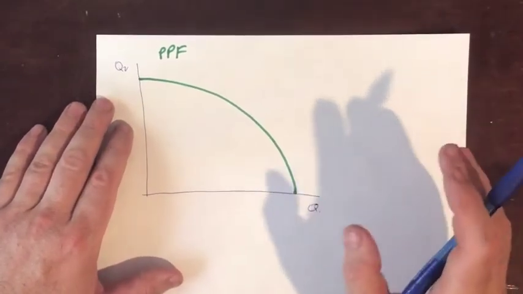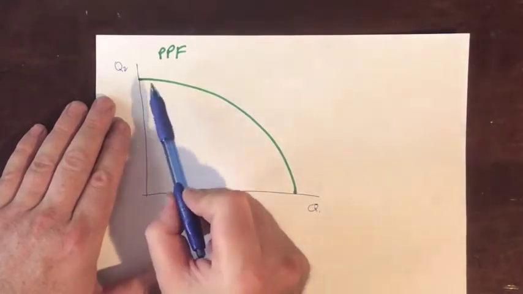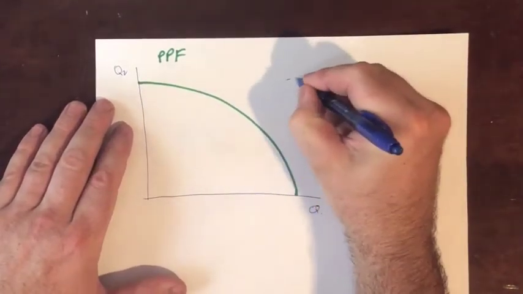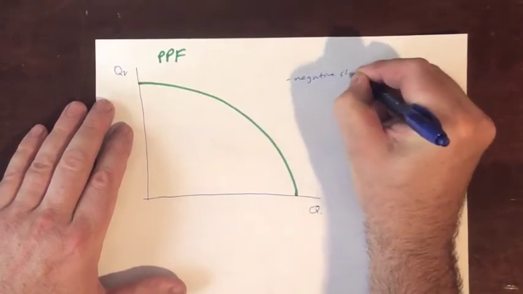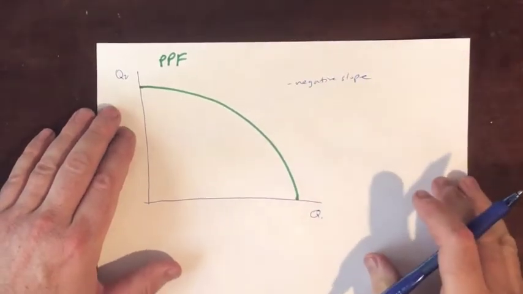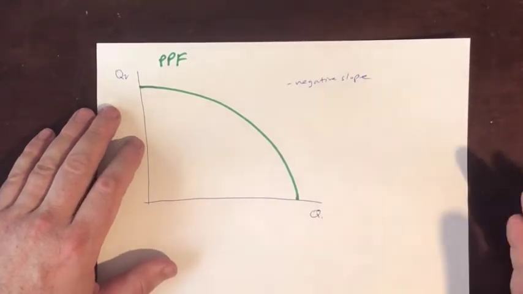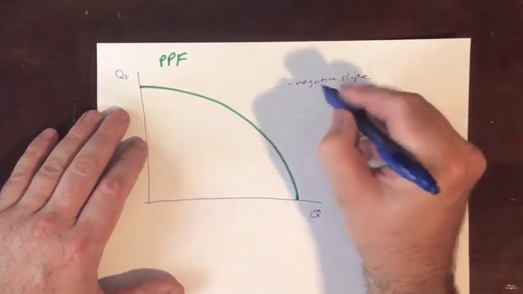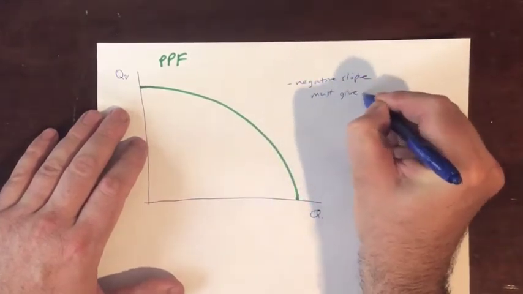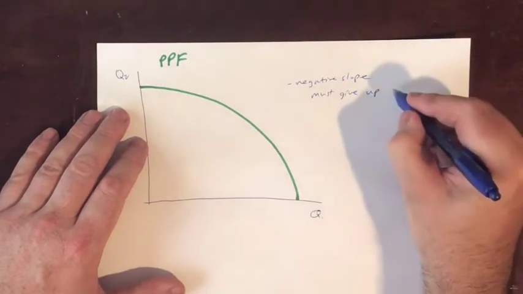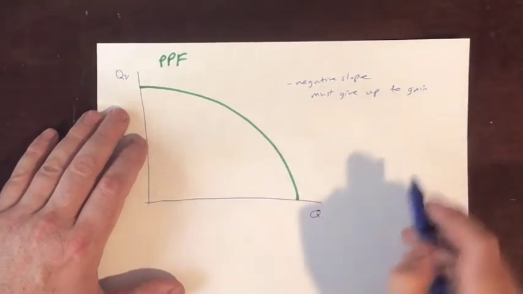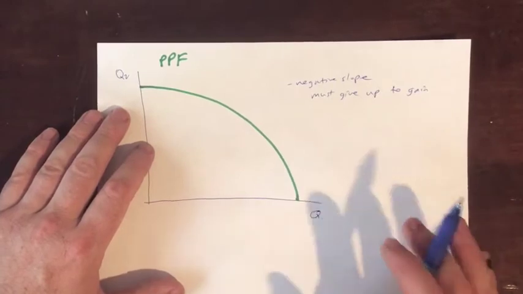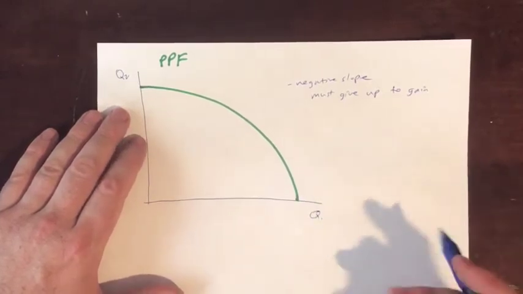Okay, so first of all, what we notice is this has a negative slope. Negative slope. All right, negative slope. Now, this has a meaning. This has an economic meaning. What the meaning of it is, like we must give up something in order to gain. Okay, we must give up something in order to gain. Now, if we consider what that relationship is,